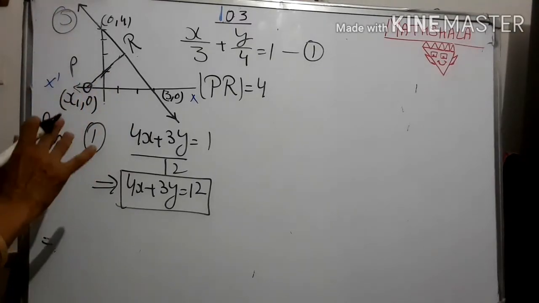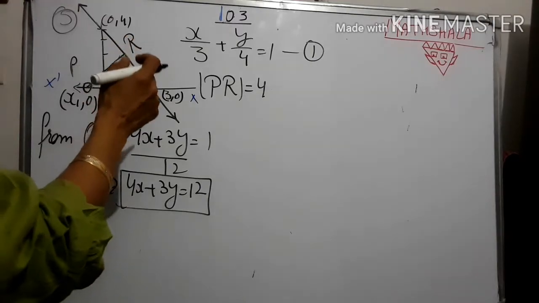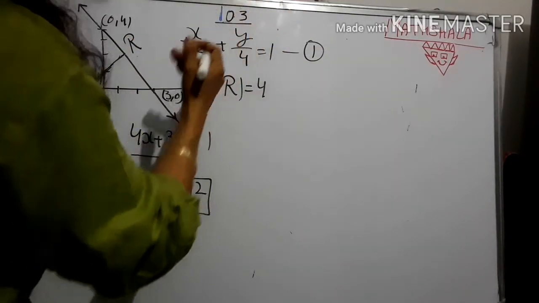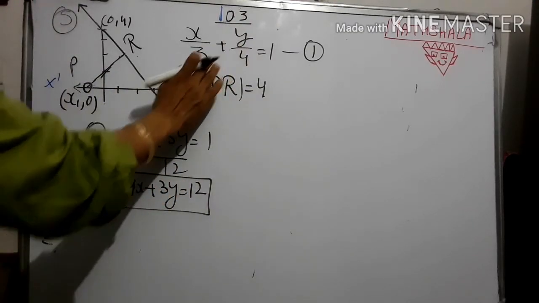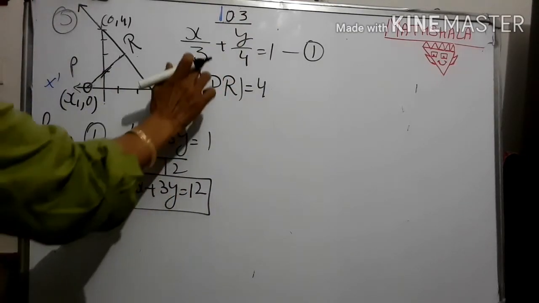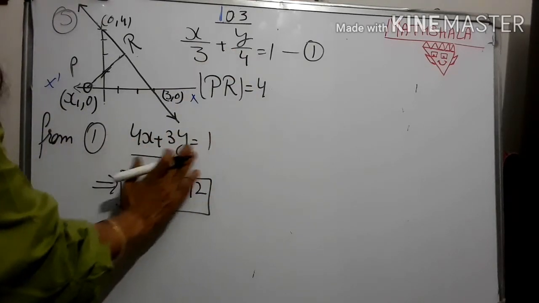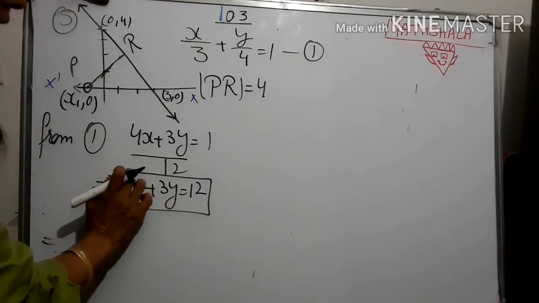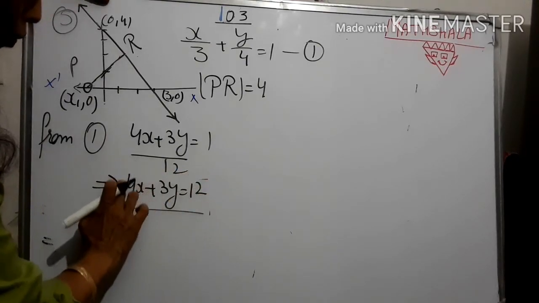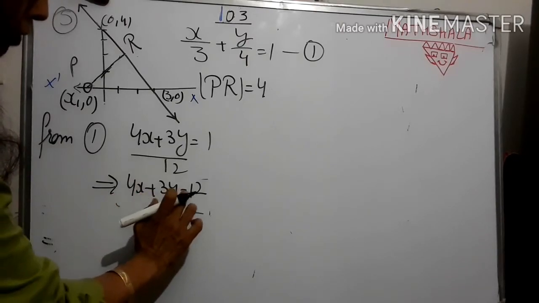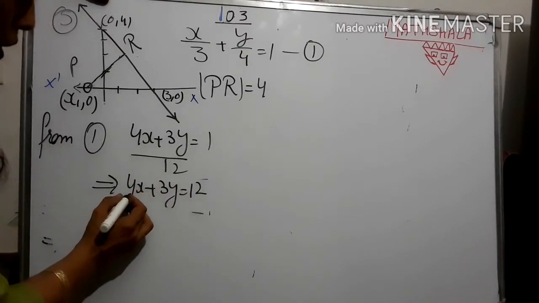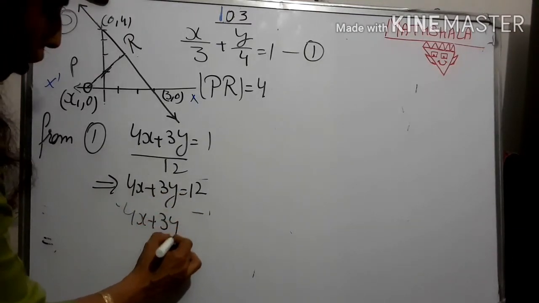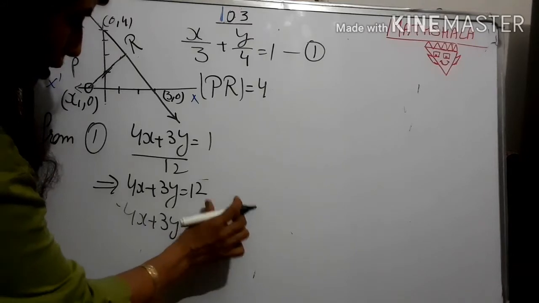We have assumed it to be equal to x1. So let's start. We are given this equation. वैसे तो ऐसे भी कर सकते हैं, but we have converted into general form. इंटरसेप्ट फॉर्म था, हमने उसको जनरल फॉर्म में कन्वर्ट कर दिया by taking LCM 12, और ये फॉर्म हमारे पास एलसीएम लेने के बाद आ गई. And next we have, see this is the line, general form we are getting 4x plus 3y is equal to 12. So this is A, this is B, and now we bring this 12 on left hand side.